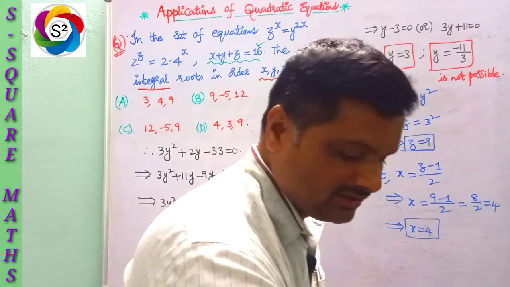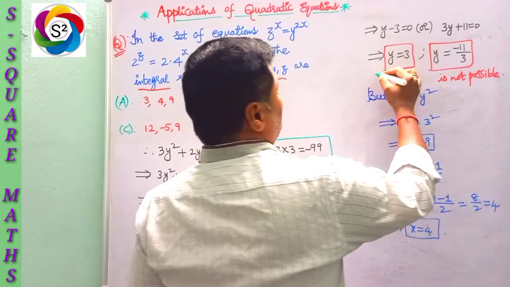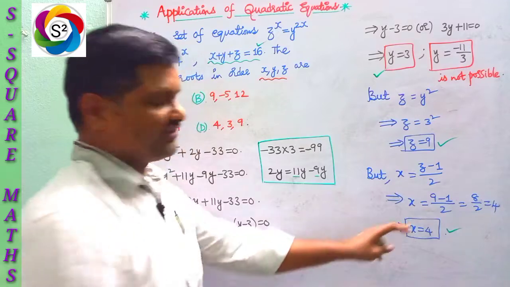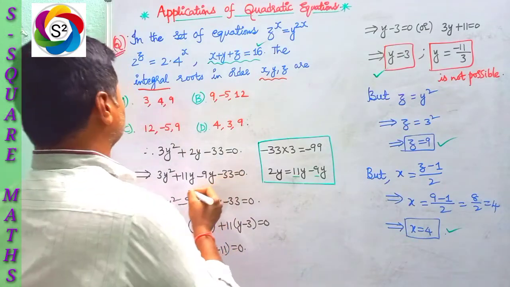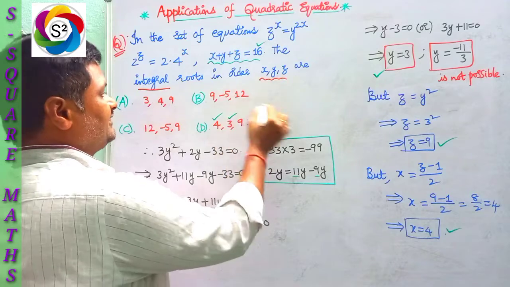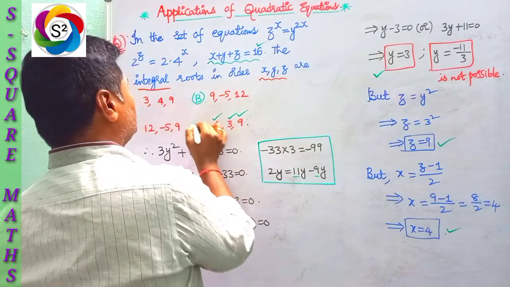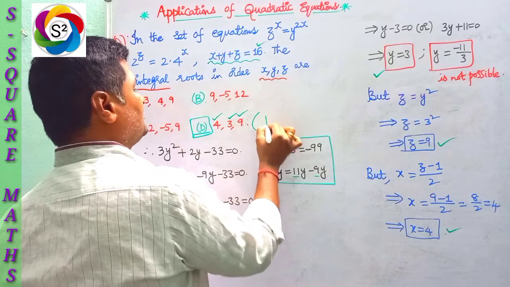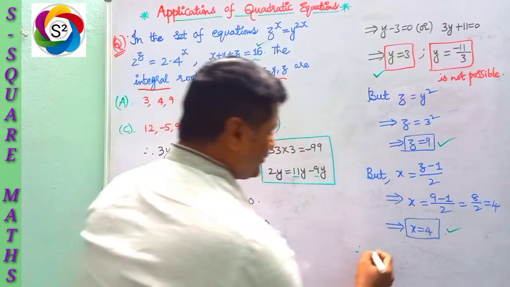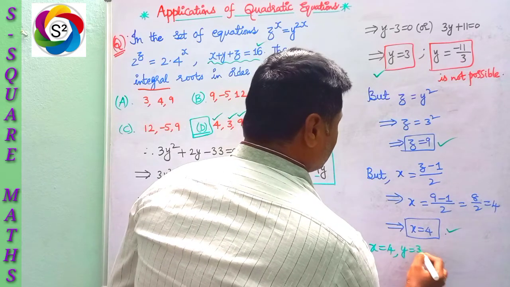So finally we got the solution. What is our solution? y is equal to 3, z is equal to 9 and x is equal to 4. So first, x is equal to 4 in the given options, this one. Then y is equal to 3, this, and z is equal to 9. So nothing but our D option. Therefore our conclusion, once again I am going to write x is equal to 4, y is equal to 3 and z is equal to 9.